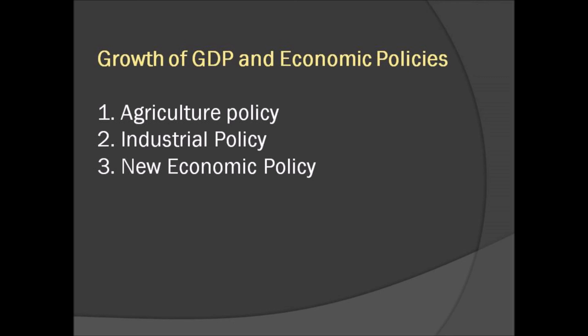Several industrial policies have been enacted since 1948. The industrial policy on large scale industries, for example, textile industry policy, sugar industry policy, price policy of industrial growth, small scale industrial policy, and industrial labor policy. And third one is the new economic policy. The economy of India had undergone reforms in the beginning of the 1990s. This new model of economic reform is commonly known as LPG, that is liberalization, privatization, and globalization.